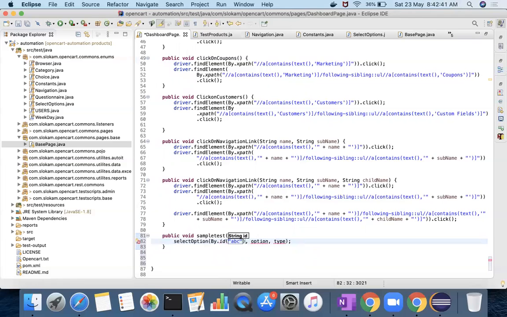Some abc is the id. And what is the option you have? Let's say you want to select the country India.